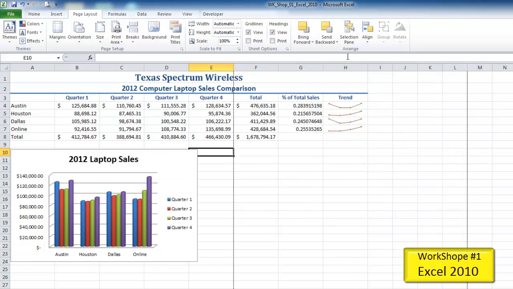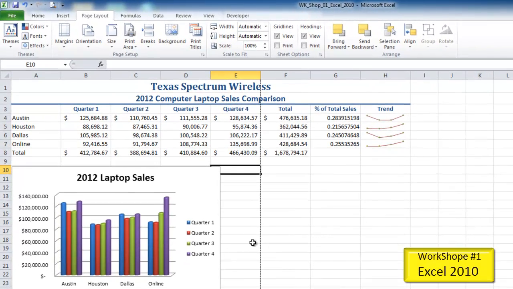And now I can see my page breaks. These lines here represent my page break, meaning that page 1 will cut my information off here. Step 16 in our instructions tells us to change our theme to